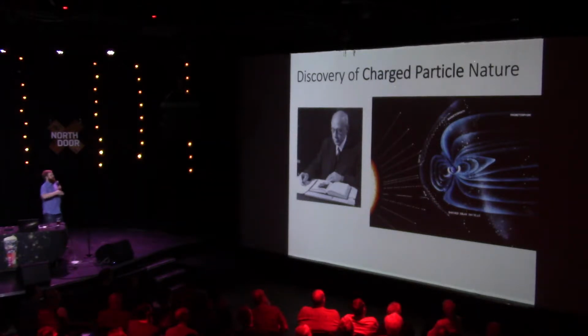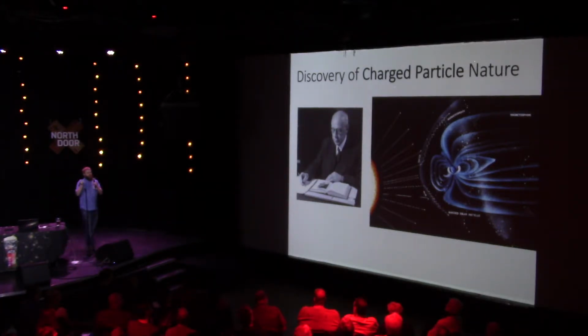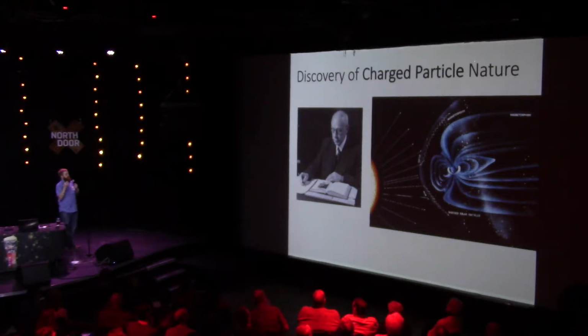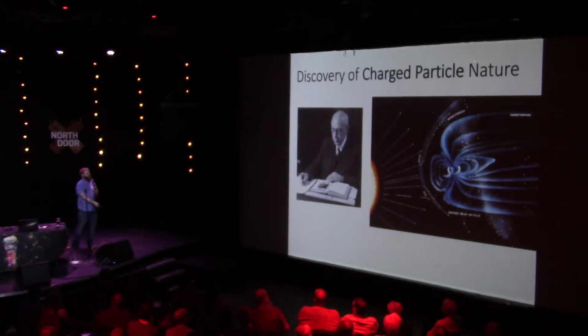What was done was people took instruments and basically moved around the Earth. And what they found was that as they moved in latitude, the amount of this ionization changed. That means that the ionization is somehow being deflected by the Earth's magnetic field. Well, photons don't do that. The only thing that is deflected by a magnetic field is a charged particle. And so this led to the notion, which has since been accepted, that these ionizations are caused by cosmic rays, which are incredibly energetic charged particles coming from outer space and through the atmosphere.